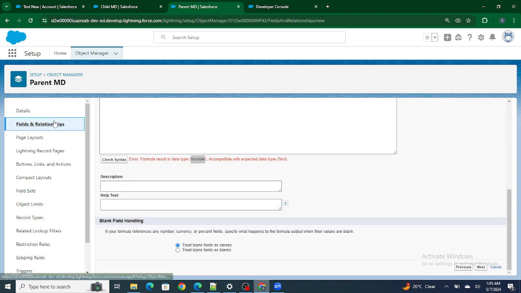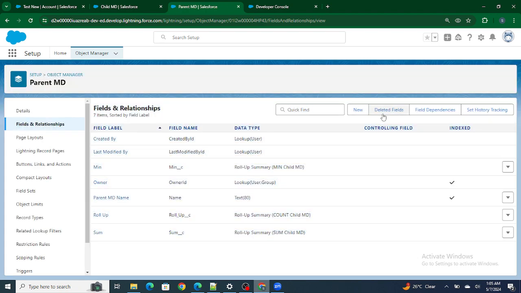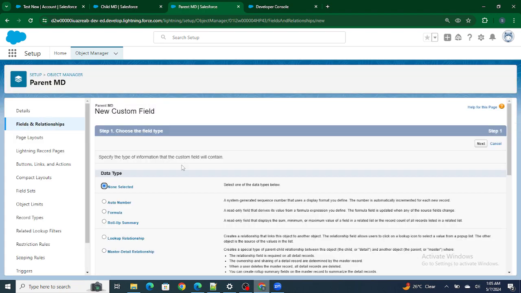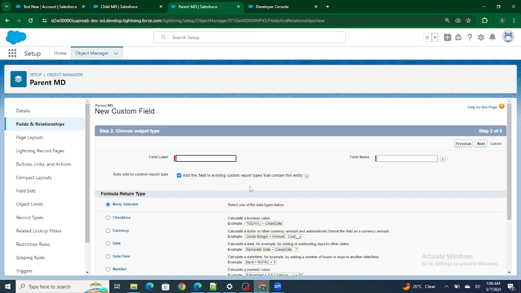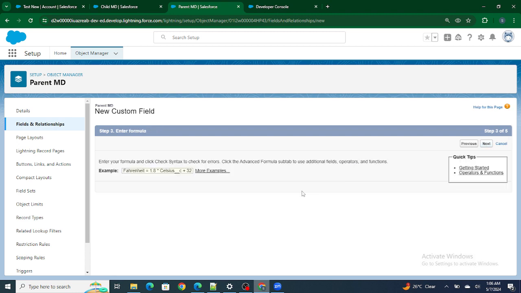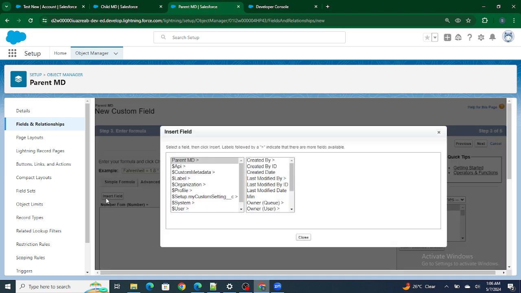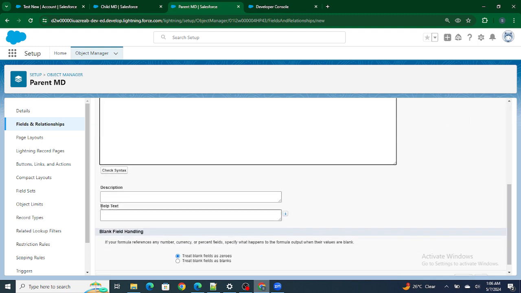Oh, data type is number. Okay, I'll just create one more formula field. I'm so sorry. I'm inserting the roll-up summary field, and let's check the syntax.